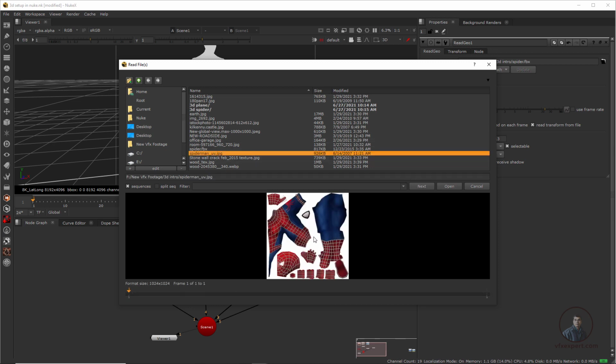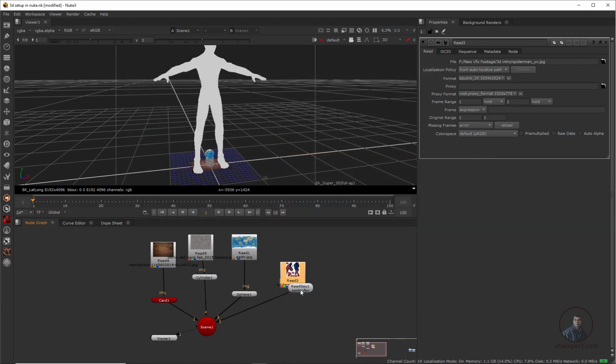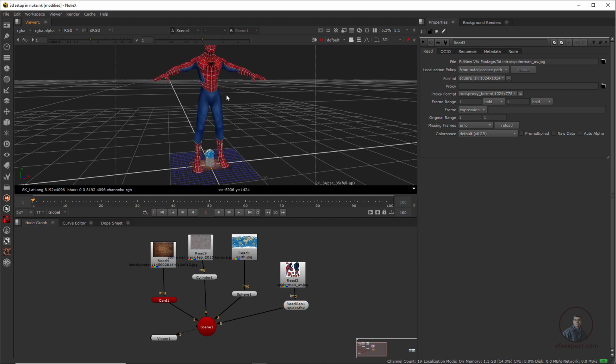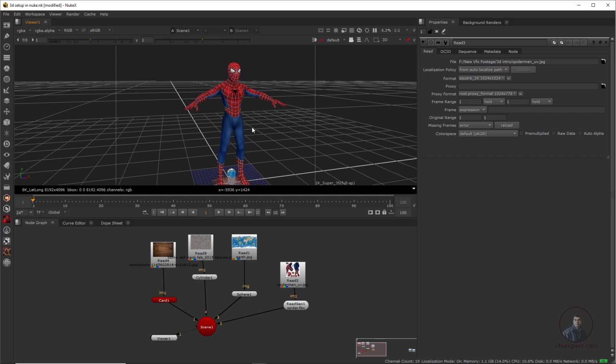So this is our UV map, remember this one. Now click open here. As you connect it to this image input, it will map your texture onto this 3D model. So now you can see, this is looking as it does in our 3D package. Remember this one, because this is a UV map textures image, only then will this show you like this.